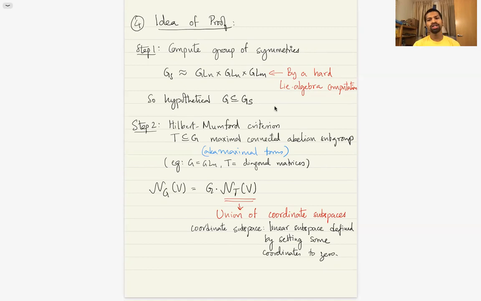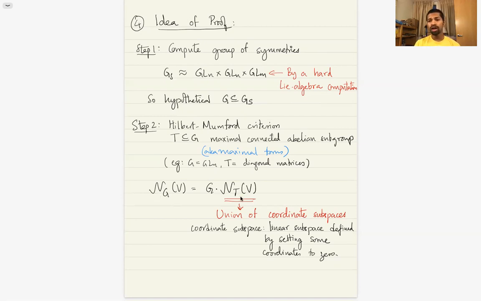So what this does is it tells me that the hypothetical group must be a subgroup of GLN cross GLN cross GLM. And the second thing that I can really take advantage of is pretty much the only structural result about null cones that we know, called the Hilbert-Mumford criterion. The Hilbert-Mumford criterion says that if you want to take the null cone for some reductive group,